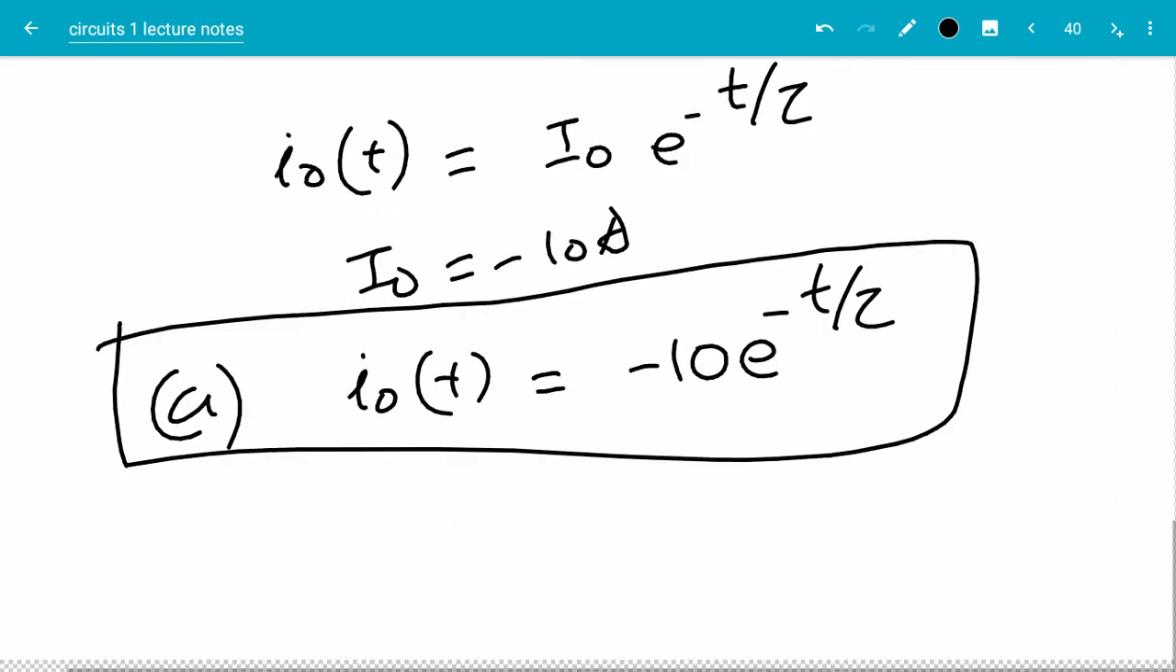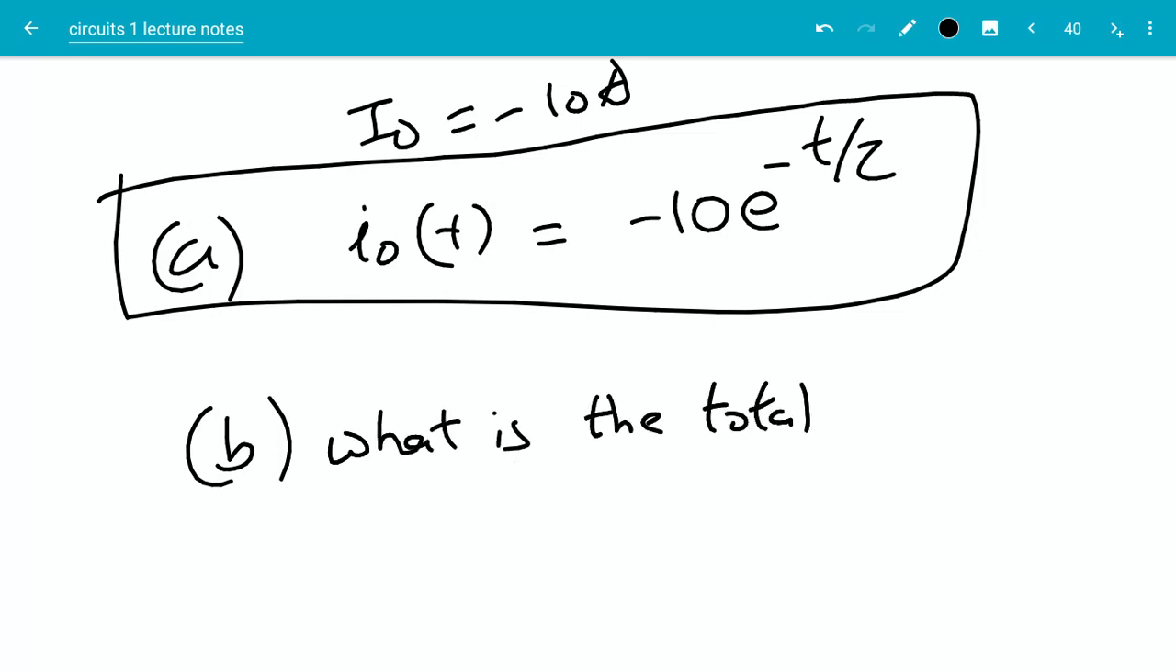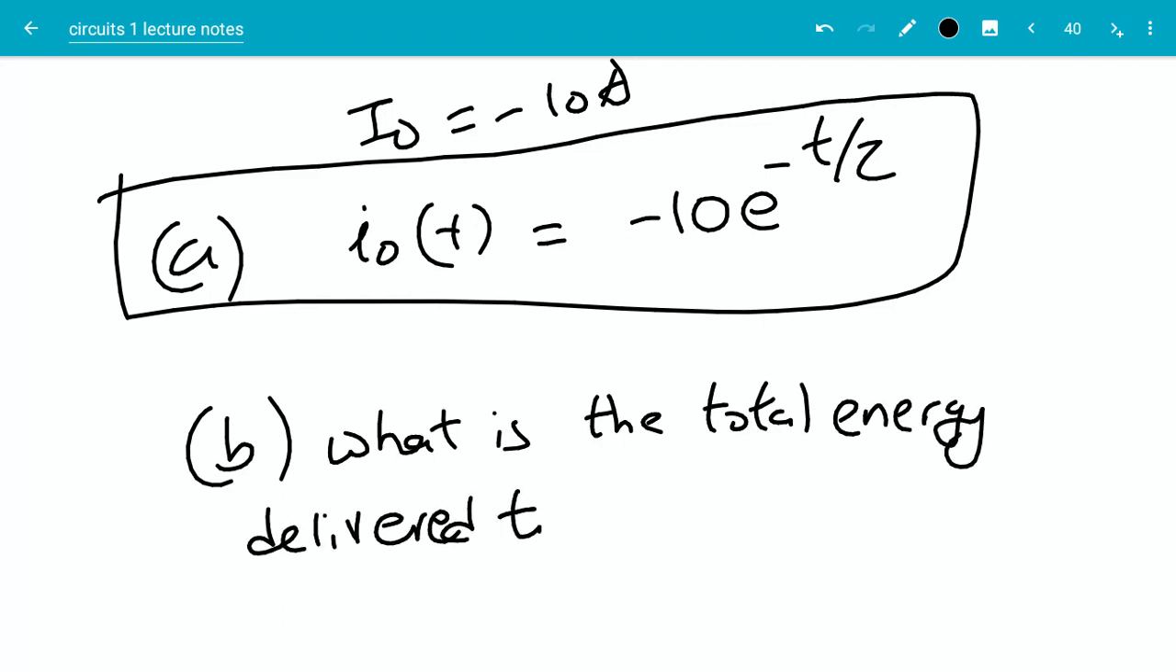Okay. So now part B is: what is the total energy delivered to the 8 ohm resistor? Okay, so